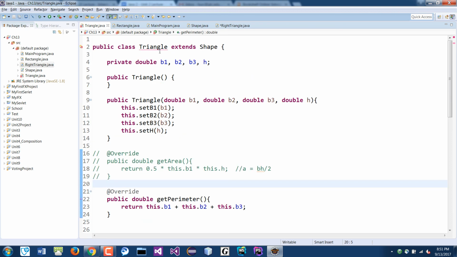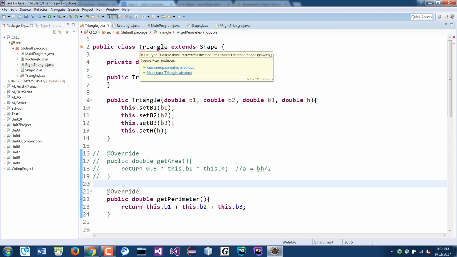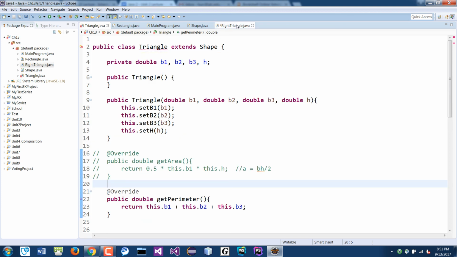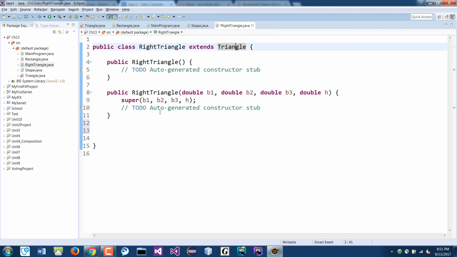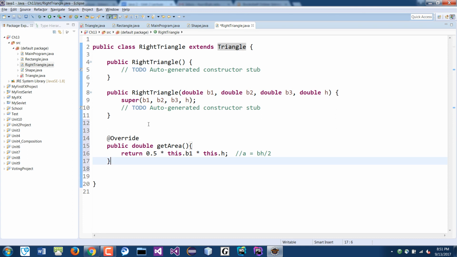Okay, so if I take this out, or comment this out, or I just copy it, and now I'm going to comment this. You see that we're back to the error before. Again, you have to implement that shape. But since the right triangle is a subclass of the triangle, I could do it in here. If I put it inside the right triangle,